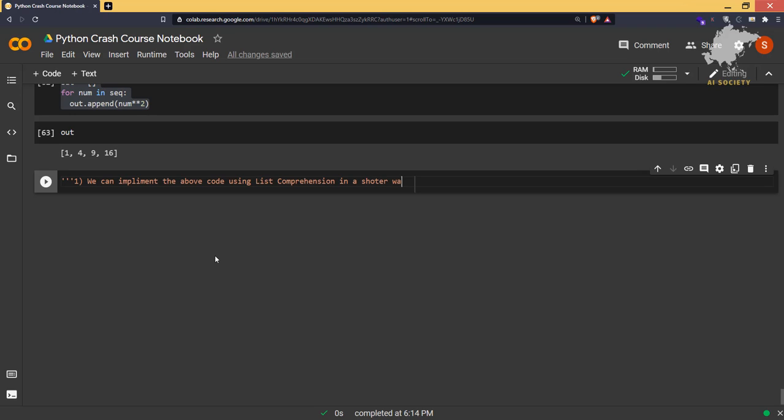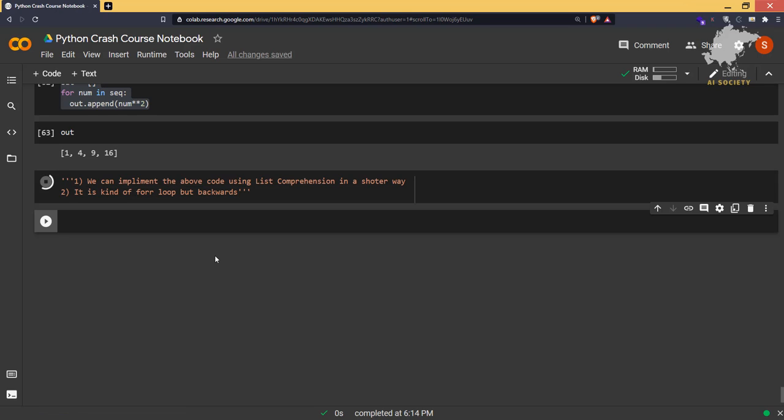Second, it is kind of a for loop, but backwards. Okay, it is kind of a for loop but it is backwards.